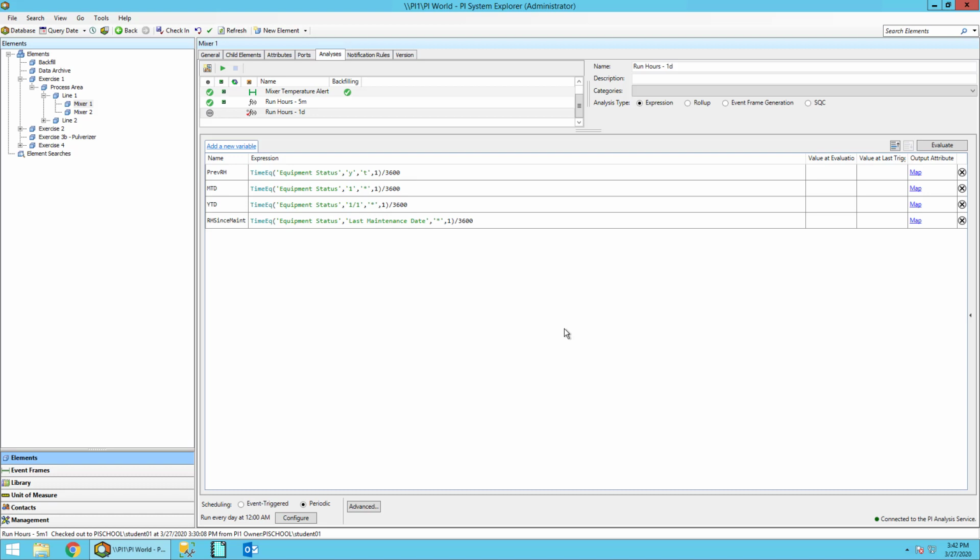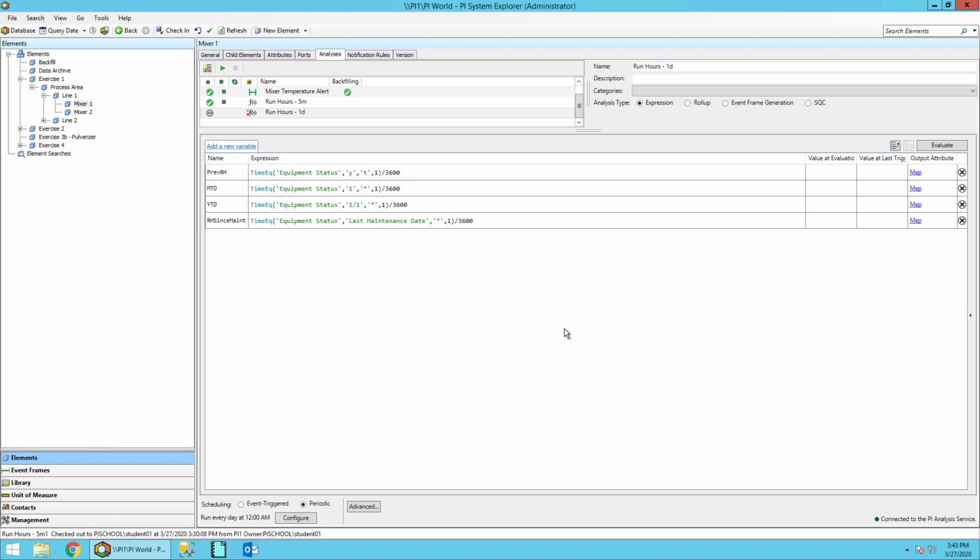One possible solution may be to have a daily run hour totalizer that can be continually added to another totalizer, such as a month to date or year to date, meaning that we only have to check the runtime once a day in order to update all of the different calculations we want, such as month to date and year to date.